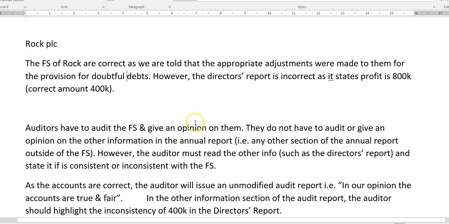responsibility. So there's maybe half a mark going for that, maybe a mark and a half going for that, and probably 2 marks going for this. A mark where you say it's an unmodified audit report and show that you know what that is. In our opinion, the accounts are true and fair. That's clearly an unmodified audit report. It's a clean audit report. And then say in the other information section, the auditor should highlight the inconsistency. And then that doesn't affect, maybe you could say that doesn't affect